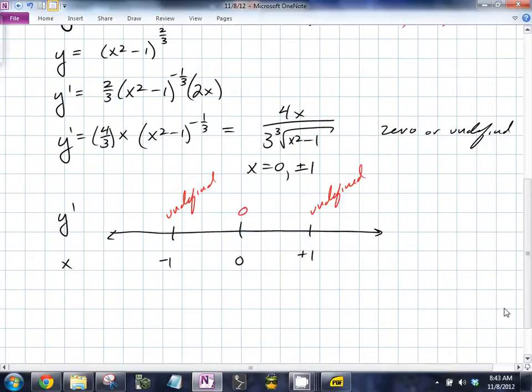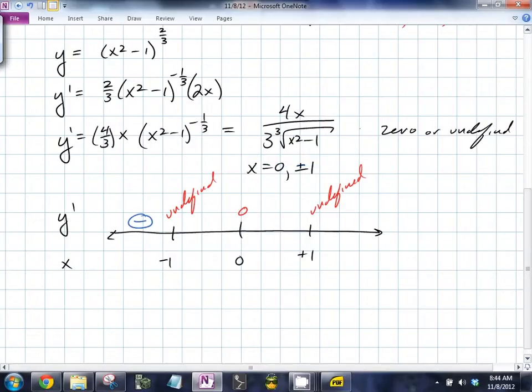To the left of negative 1, if we plug in negative something big, what is it? What happens if we plug in negative 2 into this? What does the top become? It becomes positive in the denominator. Why? Well, you're squaring it and then cube rooting it. So overall it's going to be negative, right? Do you agree? If you plug in negative 2 you're going to get negative 8 on top, and on the bottom you're going to get a positive. Negative over positive is a